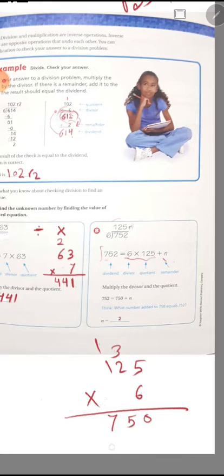So this is the answer for this multiplication, 750. So 750, and the dividend is 752. So the difference between those two numbers, 750 and 752, which number will I add to 750? It will be 752. Yes, 2. So the remainder is 2. Okay,